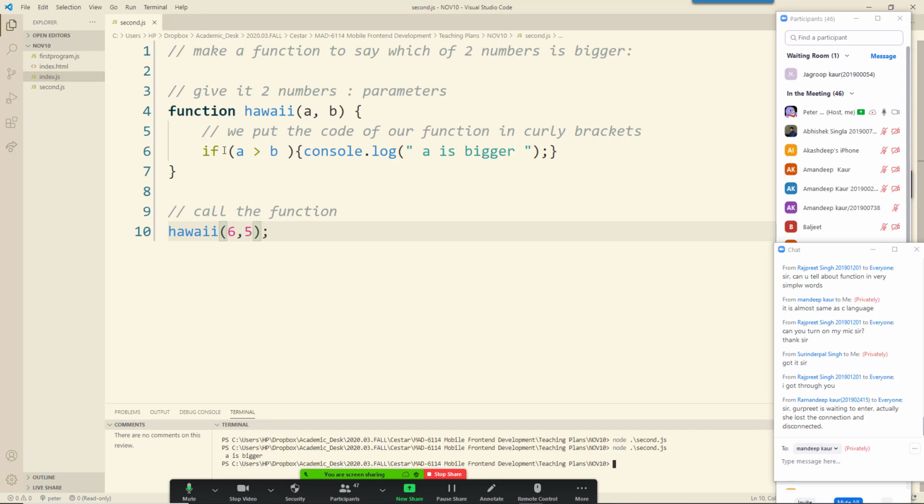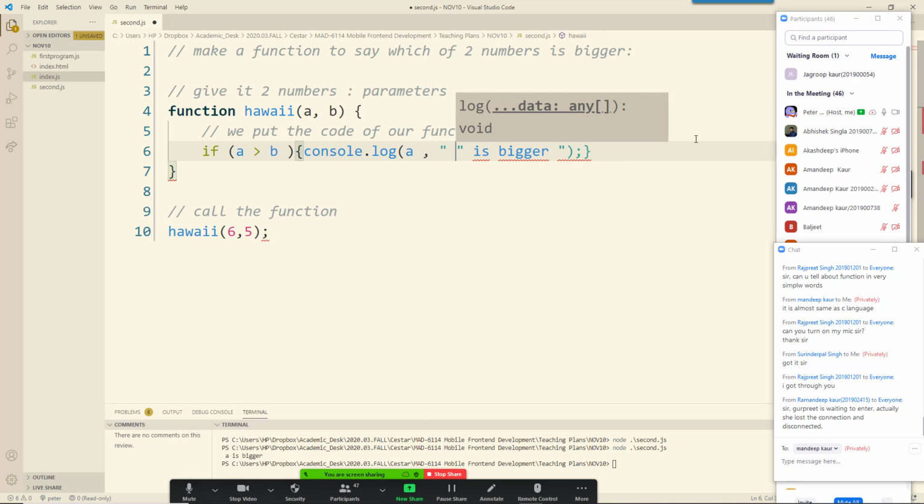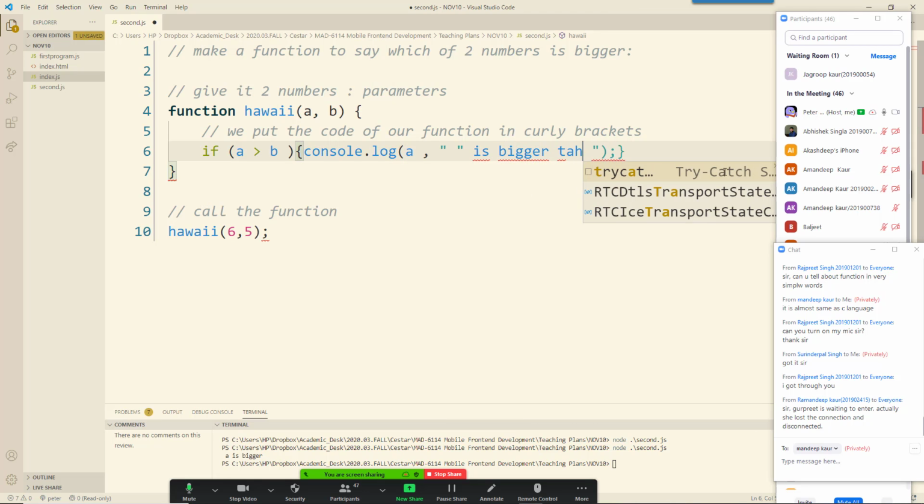So let's first of all build out our function a little bit. So here we're going to say, so instead of putting in A in quote marks, we'll let A be whatever's the value of the parameter we passed in. Then we're going to say is bigger than